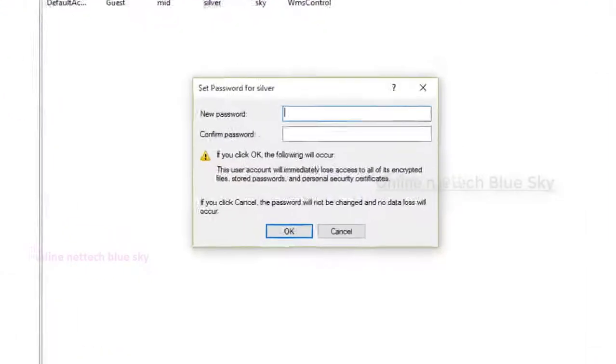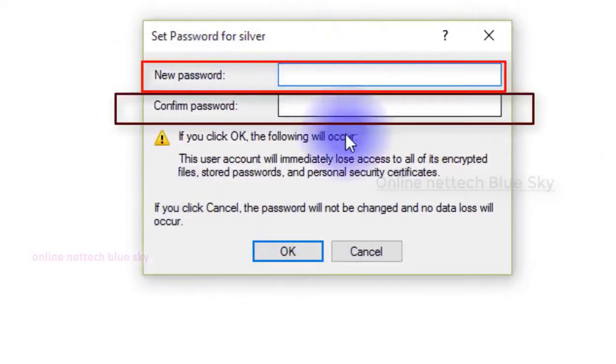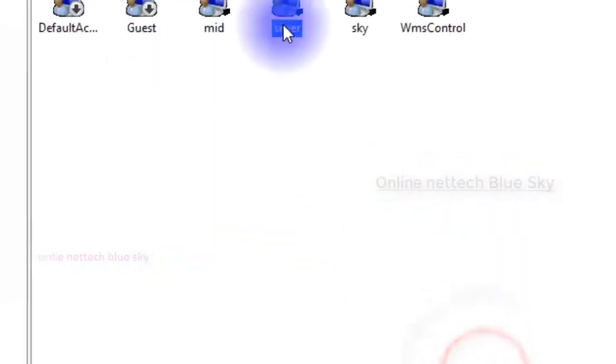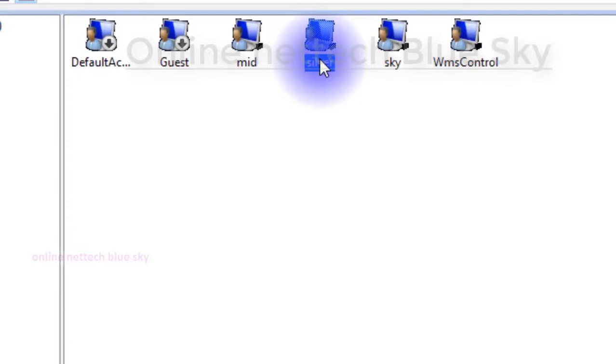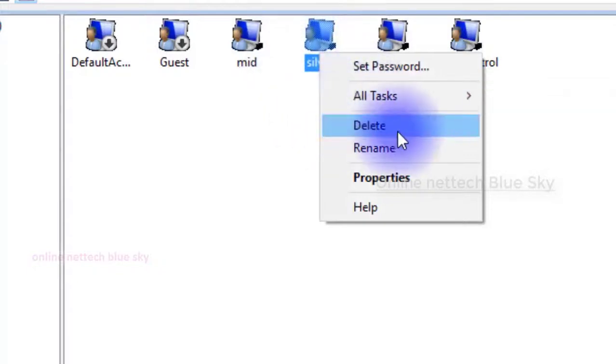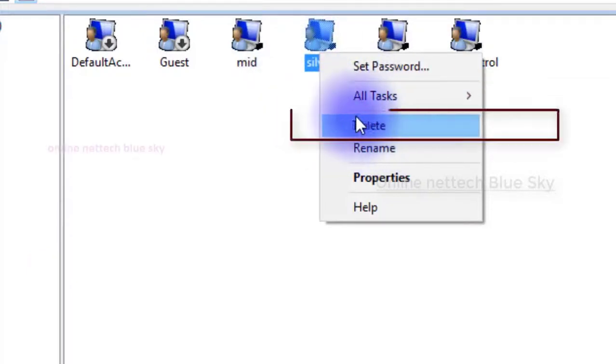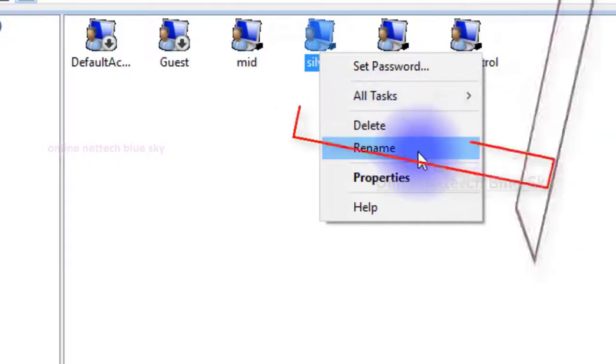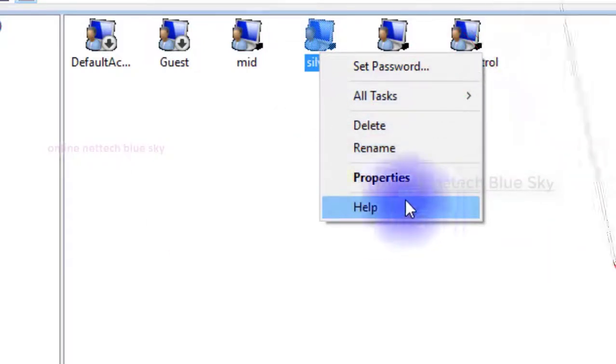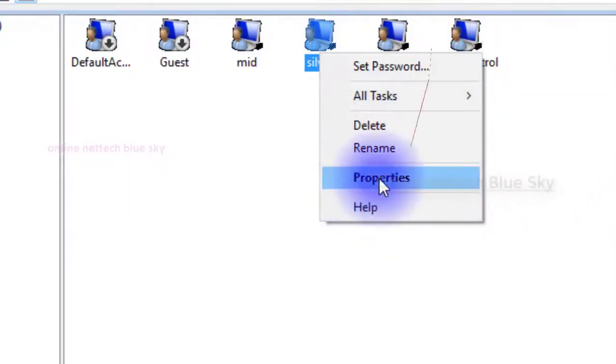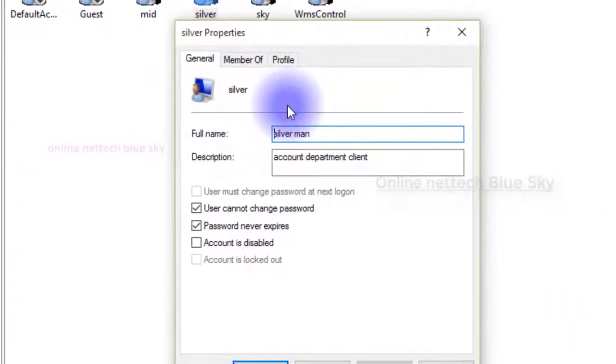That is one very important thing: different account types should not have the same password. So first you can see here, okay, I do not set the same password. I use a different password here. The administrative account and the local account use different passwords, and you can delete here. Okay, if you want to change the name, rename here. Okay, and click on help, so you can get help, and properties means properties.